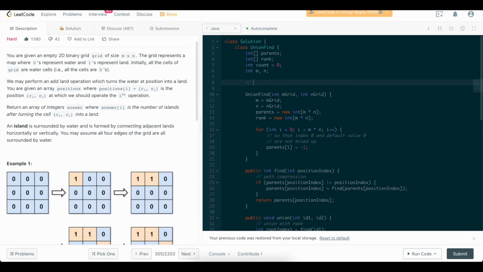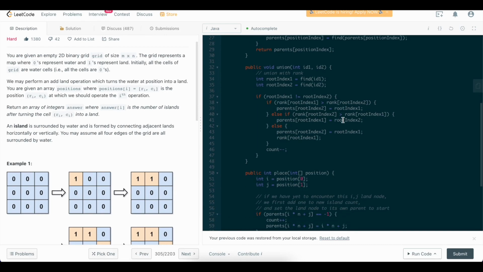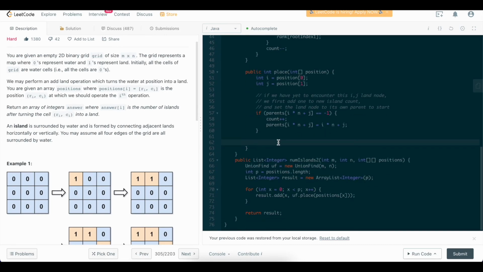What I'm going to do is define some directions in which the land nodes can be connected. What that would look like is int array of array directions is equal to, so we can go 1, 0, meaning we can go to the right. We can also go to the left. We can also go up, and we can also go down. Now you don't necessarily have to define this array of arrays. I just find that it's easier for me to understand because in this for loop right here, what I do